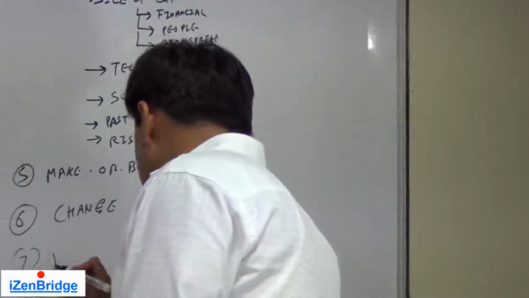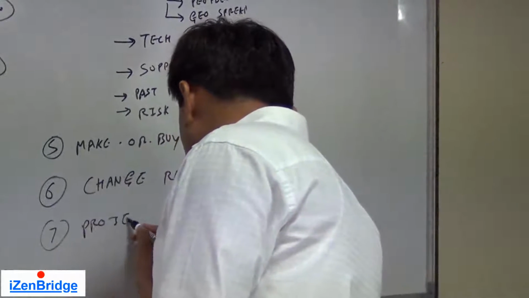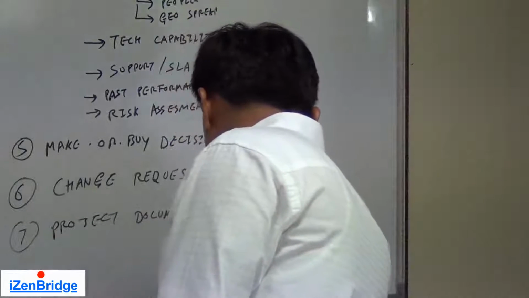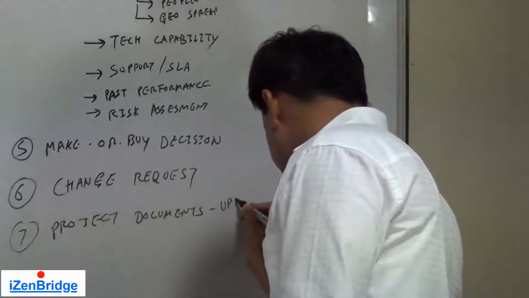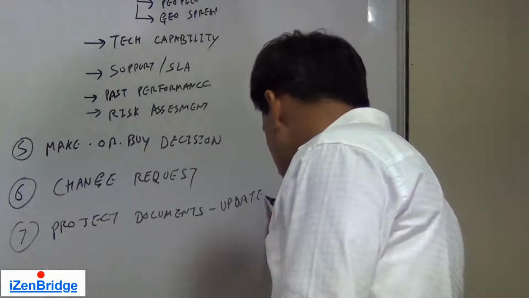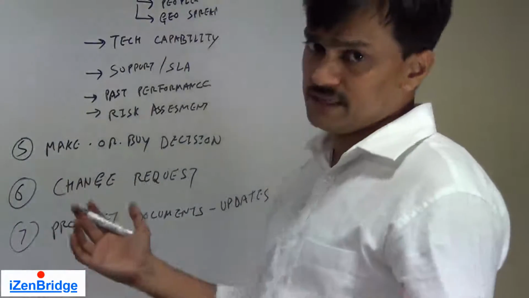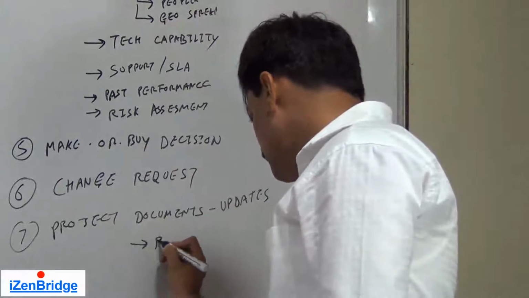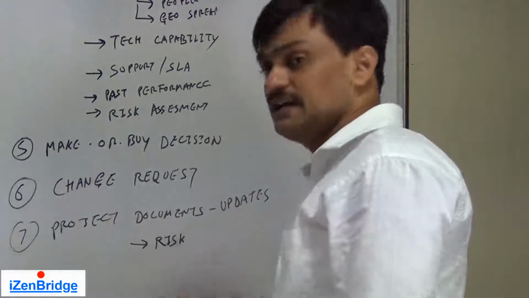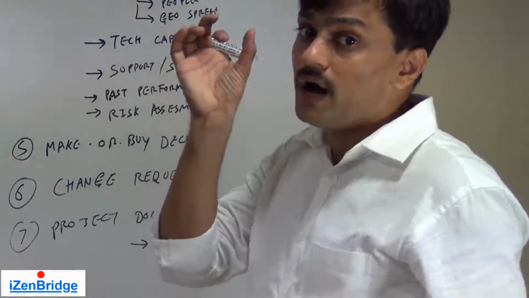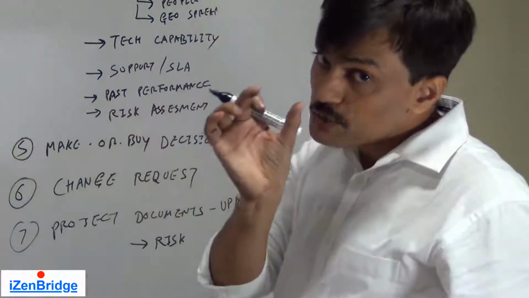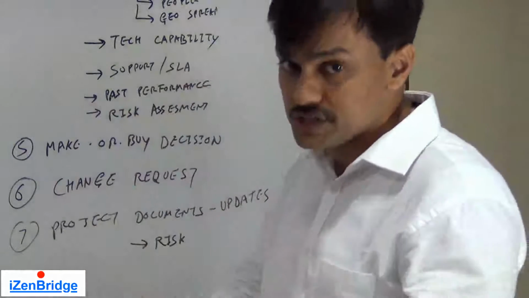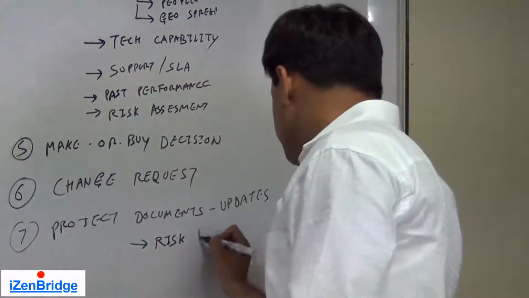So project documents get updated. What kind? Yes, we may update the risk register because we did this much analysis. We might have identified a new risk or done some assessment, or maybe we want to tell that for this particular risk we are going to procure something from outside. If we want to give that information, we need to update the risk register.